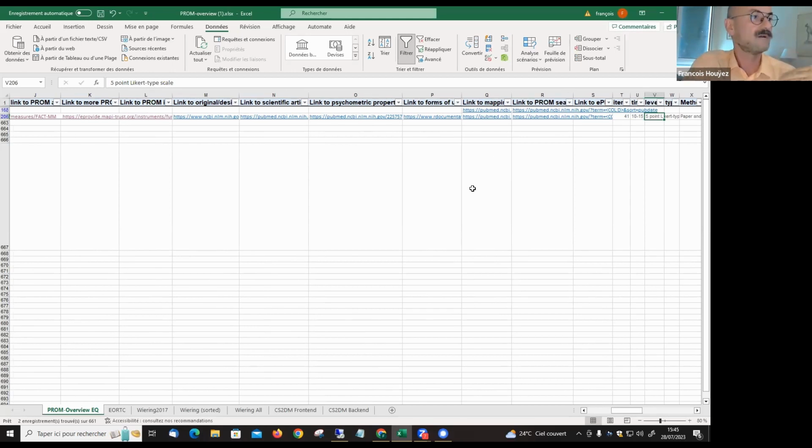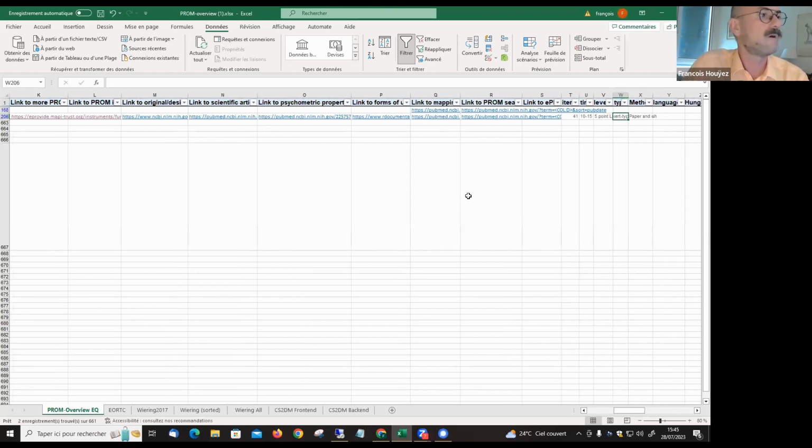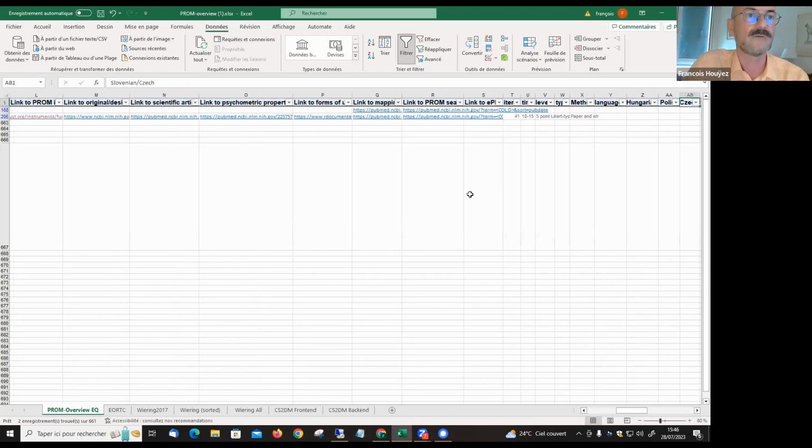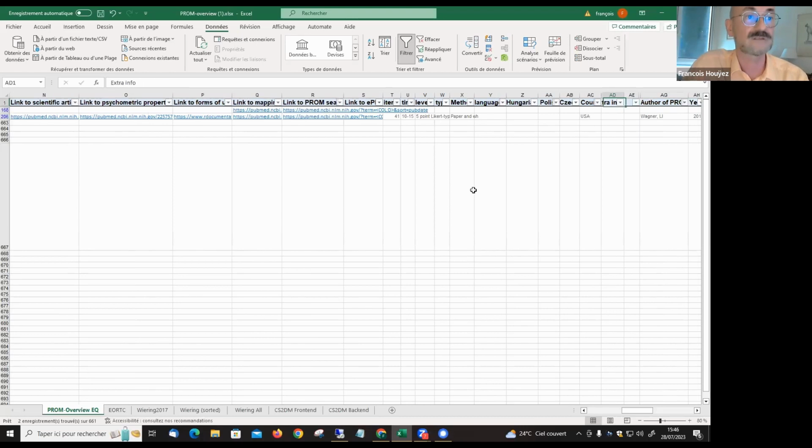The number of levels: a 5-point Likert type scale. It's the 5 responses from not at all to a lot that you can respond. So the type of PROM, it's not. And the method of administration, whether it's electronic or paper, and this one was both. You have other information which you can